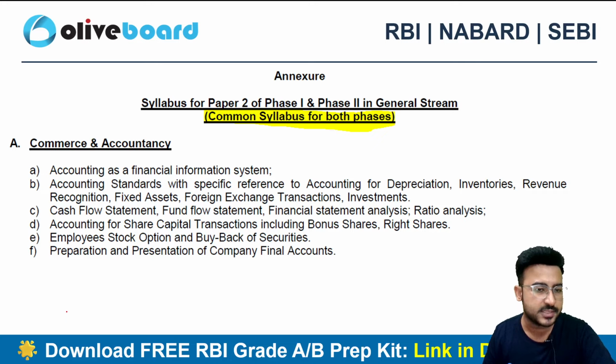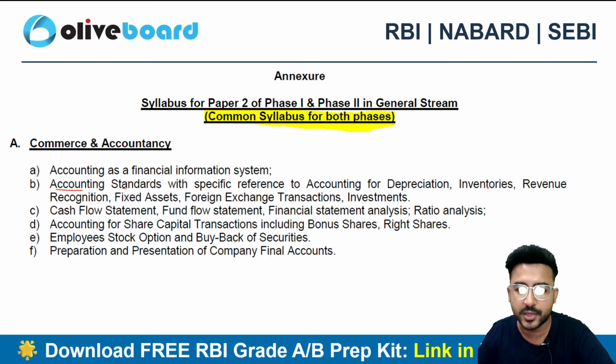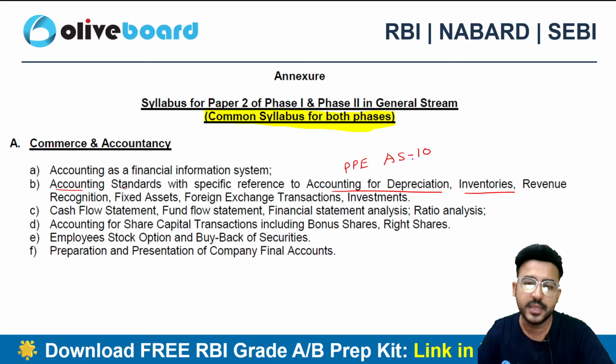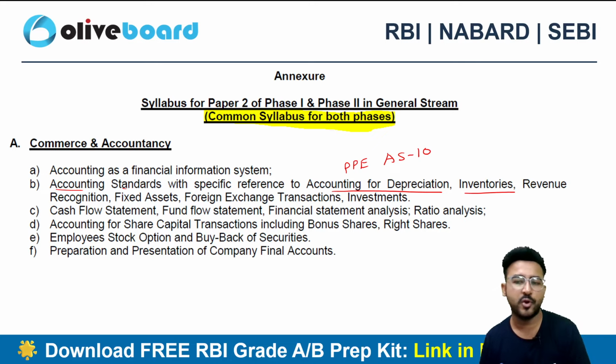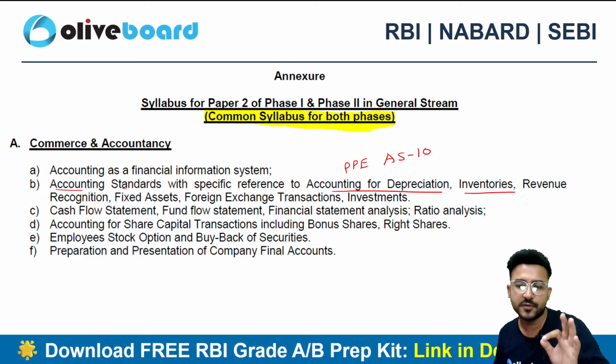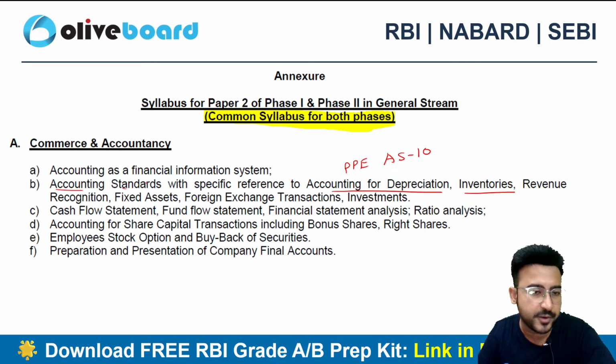Once you are done with this, I will advise you to cover the accounting standards. In the accounting standards, you can go ahead with inventories first, then depreciation, which is now part of property, plant and equipment, AS 10. Earlier AS 6 used to be there, which was specifically for depreciation. Now there is no more AS 6, and AS 6 got merged into AS 10, which is property, plant and equipment, also called fixed asset. So fixed asset is now called property, plant and equipment.